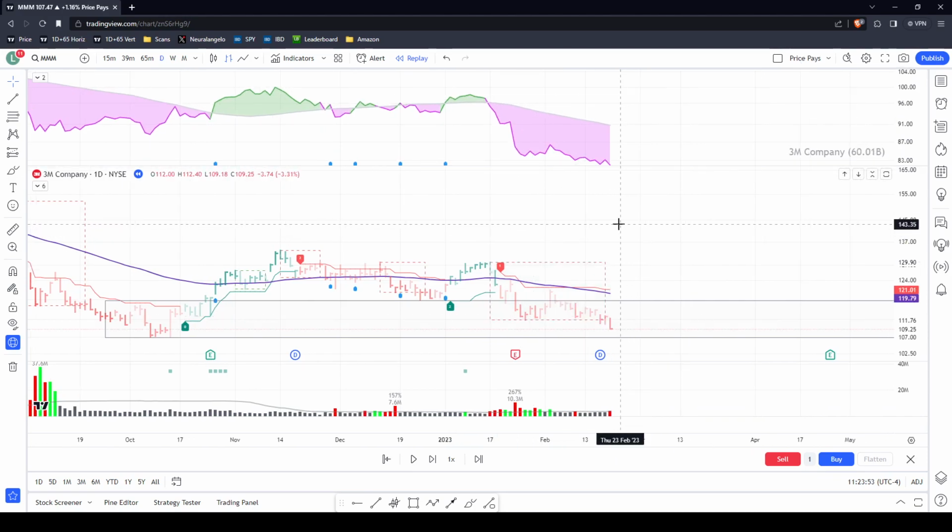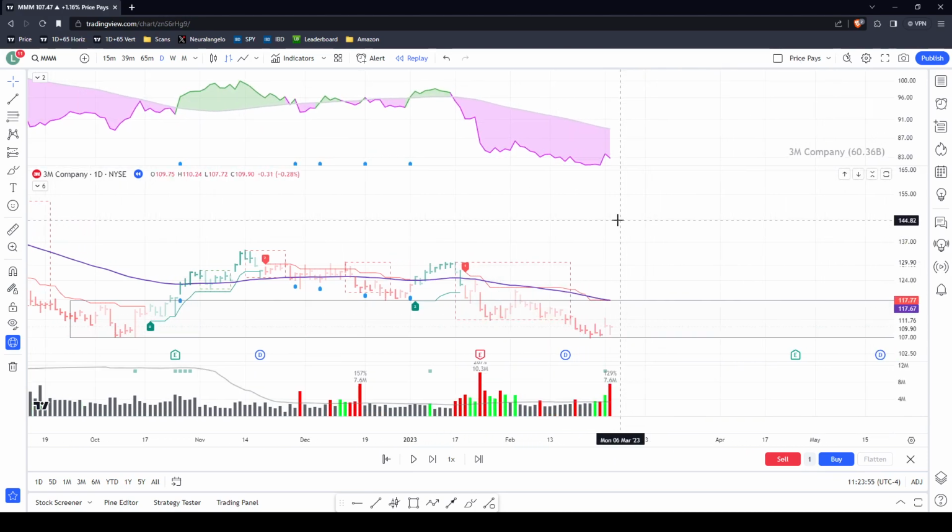All right, it's still spending a lot of time underneath that 65-day EMA, and then I can see the RS is downward sloping, which is really bad. All right, so if I had gone in there thinking that it will go up from that short period of consolidation, I should have gone out on that one. Right now it's really not a good time to be buying this and hoping that this will go back up. So this one looks like it may be forming a double bottom pattern right there on the daily,